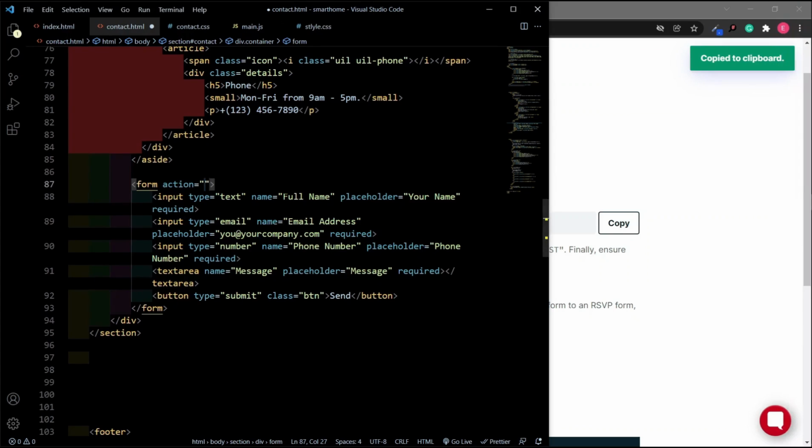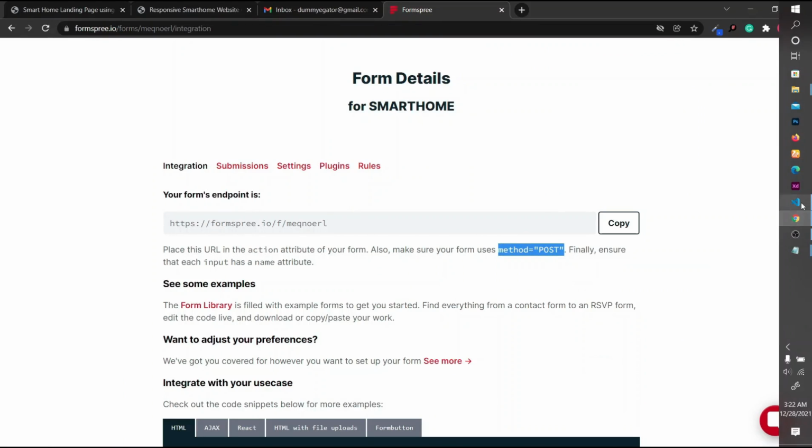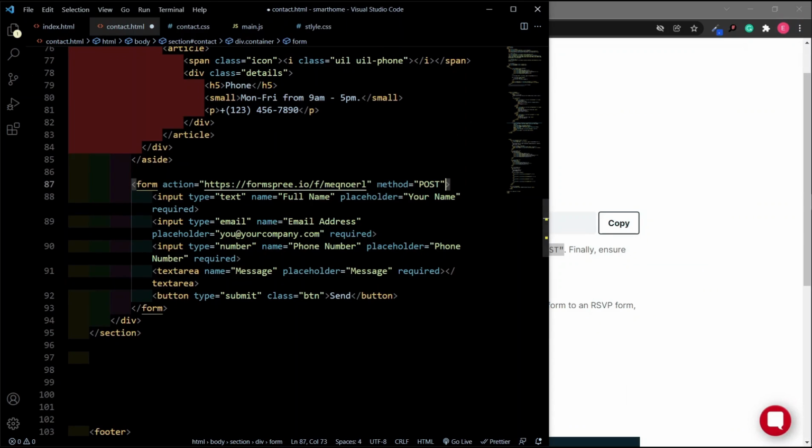So you copy that and then you paste it in here. Okay, and here you have to make sure the method is post. So let's copy and then paste that here as well. So we only need the action and then the method. The action is going to be the URL, and then the method, you just make it post. Okay, so you save,